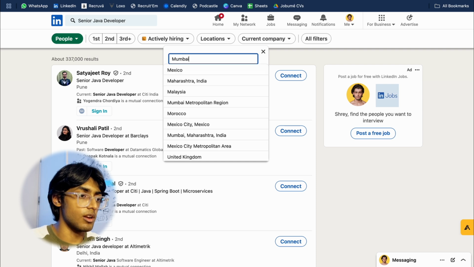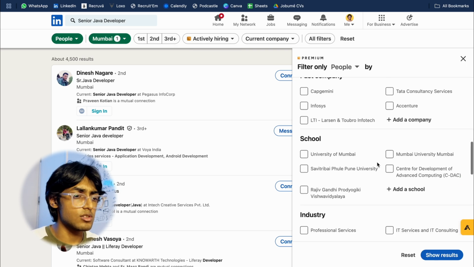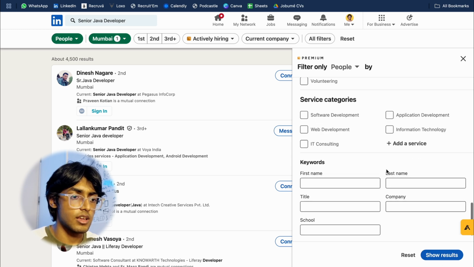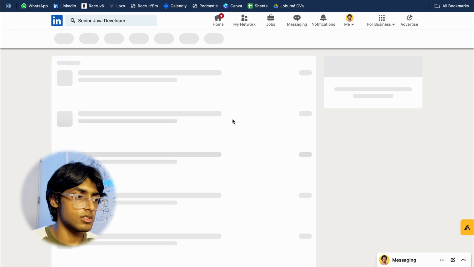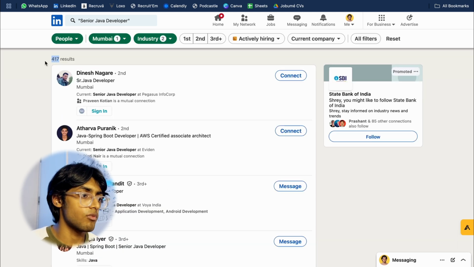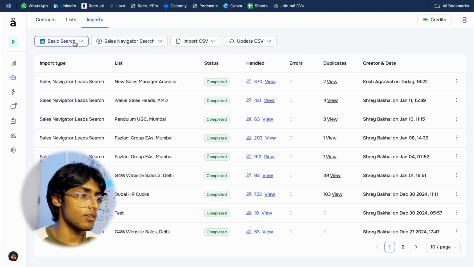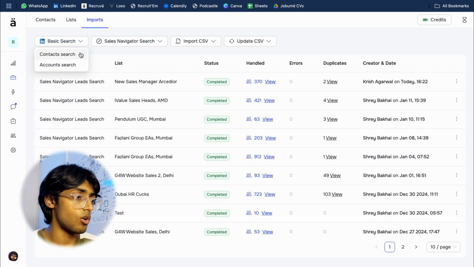Let's say I'm looking for Mumbai. Add any of these filters, whatever I want to do over here. Let's say I want from the IT technologies industry, and show results. Right, so there's around 417 people that are suitable. So I'm going to just copy this URL, go back to Recruva, click basic search, click contact search,